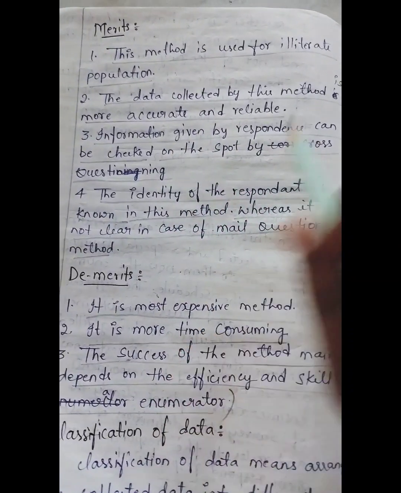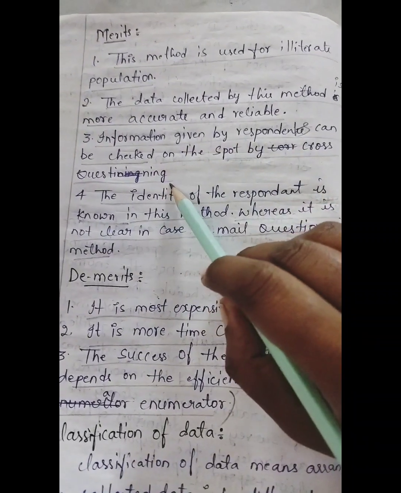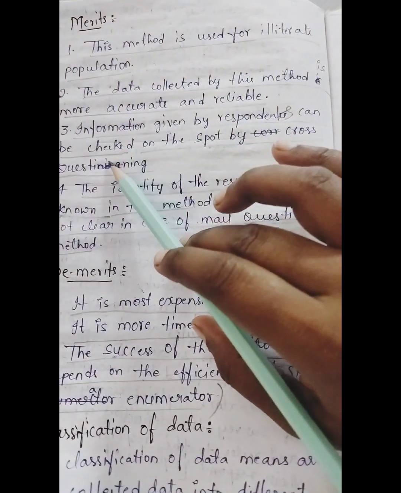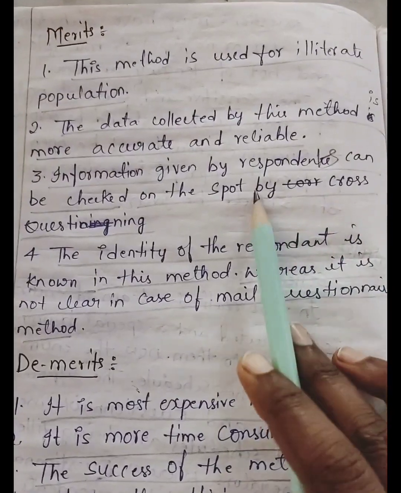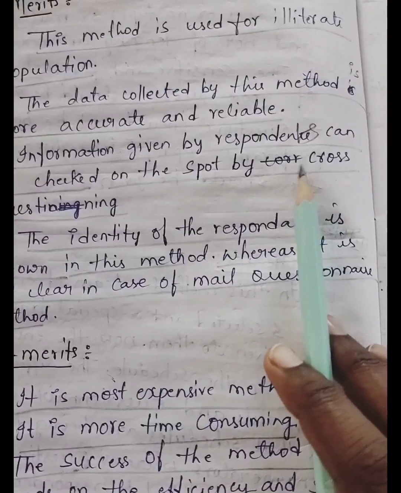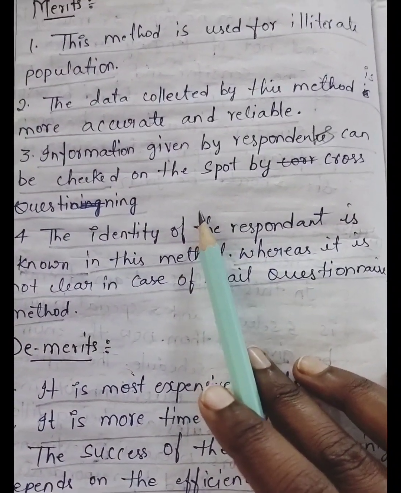Next, information given by the respondents can be checked on the spot by cross questioning. Then and there itself, the question will be clear and the answer will also be given in the same way. So there is no question of getting irrelevant answers, because the investigator once again asks whether it is correct or not. That means he will cross question once again to confirm the answer given